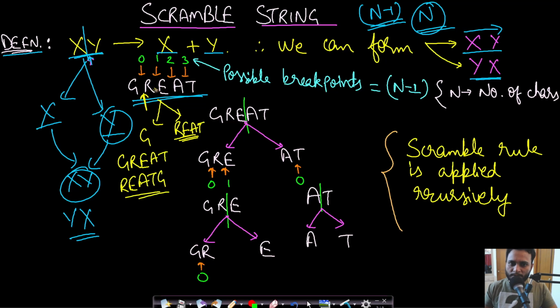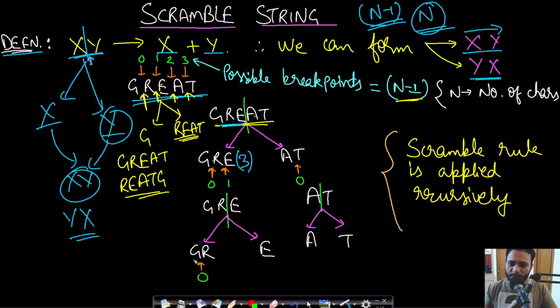Okay. So it depends on which order we are choosing while merging, and there are total of n minus 1 possible partition points. We can partition between g, r, we can partition between r, e and so on. Okay, so I hope you got the idea about these partition points. So let's choose a single partition point and see how this is done. If we are taking the same string great and now we are partitioning between e and a, then on the left hand side you have the substring gre and on the right hand side you have at. Now again in gre it is of length 3, so we will have total of 2 partition points between gr and between re. Now let's assume that we are partitioning between re.